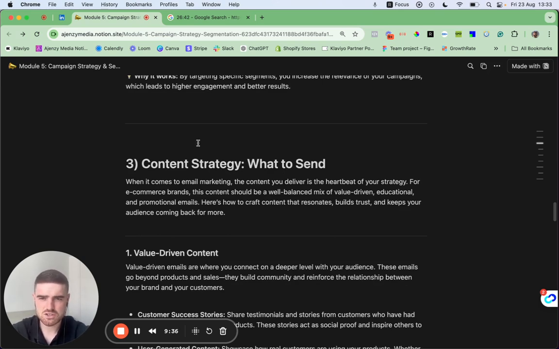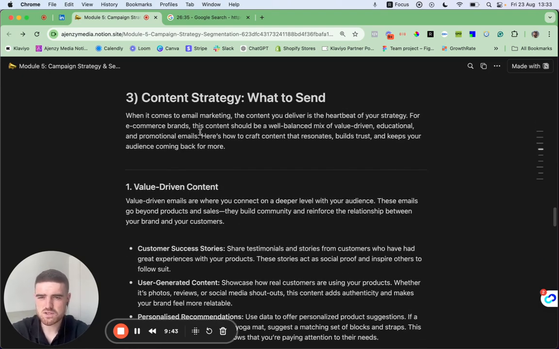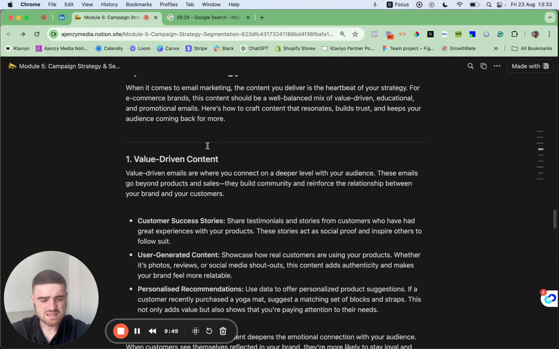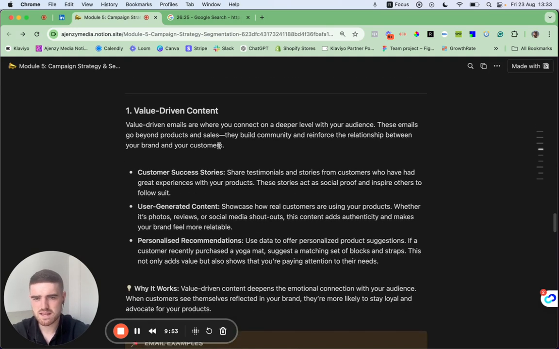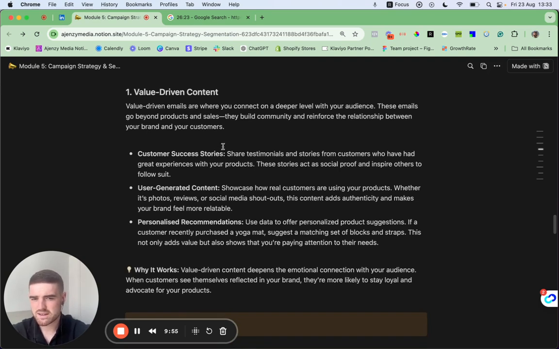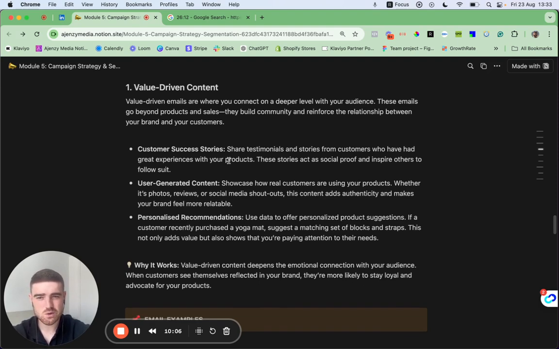So what to actually include in your campaign calendar, your campaigns in general. And that boils down to a number of different things, right? So first of all, we have value-driven content, or what I sometimes like to call branding style content. Now, this may include customer success stories, user-generated content, personalized recommendations. And the goal here is to build that deeper emotional connection with your audience, right? So when customers see themselves reflected in your brand, they're more likely to stay loyal and